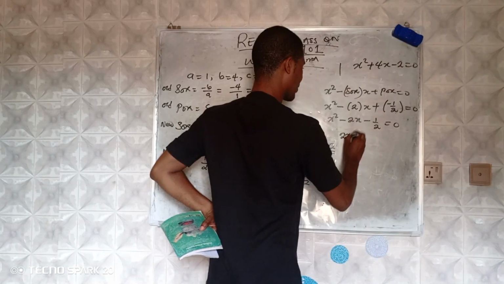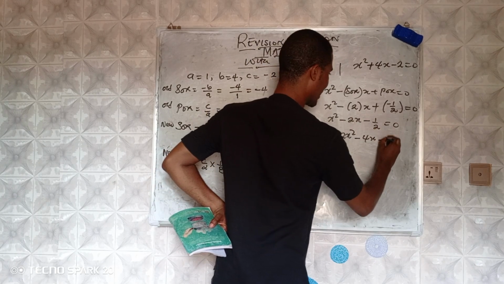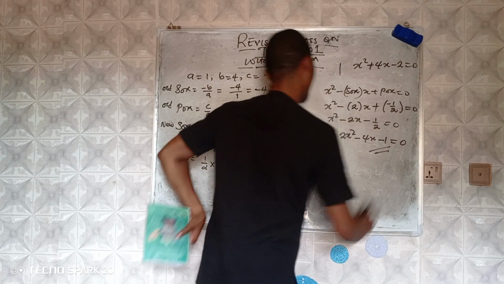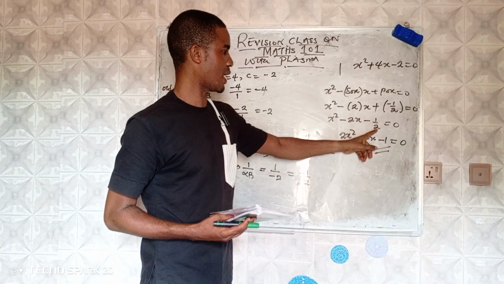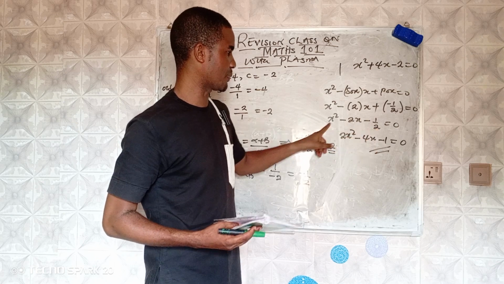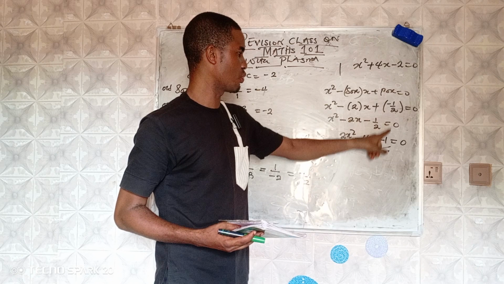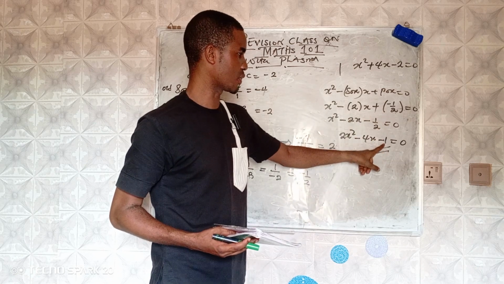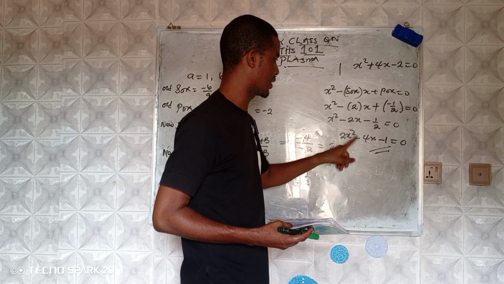That will give me 2x squared, minus 4x, minus 1 equals to 0. This is the equation I'm looking for. So you see, once you have the denominator, you use this denominator to multiply everyone. So we have this 1 over 2 times 2 over 1. We remove this 2, giving us minus 1. You also multiply this times 2, and this gives you this, and this is the